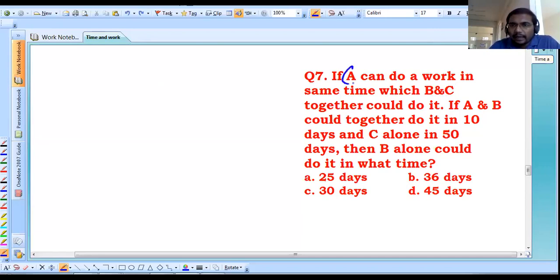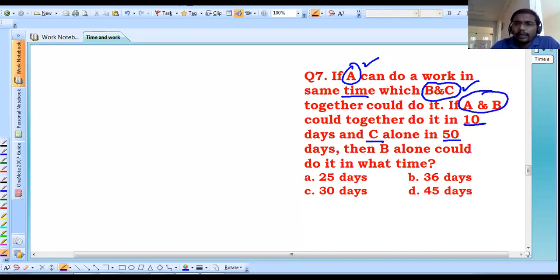That means A, B and C together. A individually and B and C together take the same time. If A and B together could do it in 10 days, and C alone completes it in 50 days,